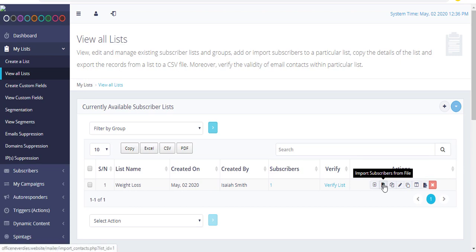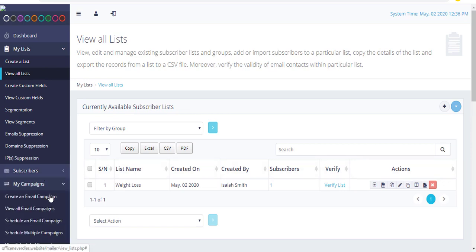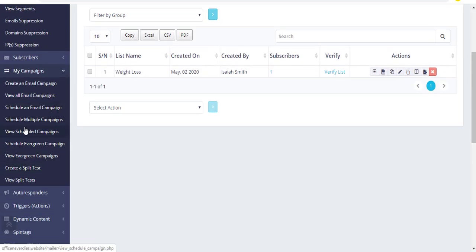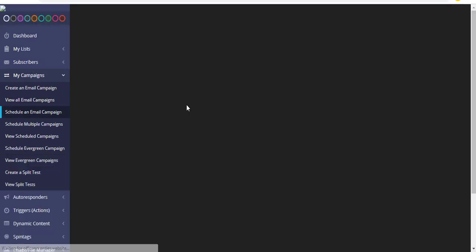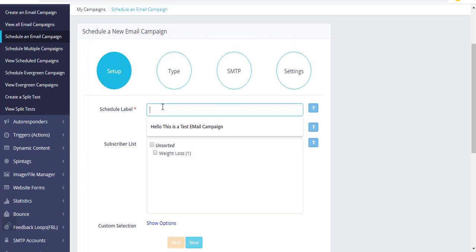Then you can do that import subscriber from file. But I just entered one subscriber only because I'm not sending any campaign right now. After creating a list and adding subscriber to it or importing subscriber to it, we just have to go to my campaigns and press schedule an email campaign, and we can say hello, this is, or we can label it anything, like test email